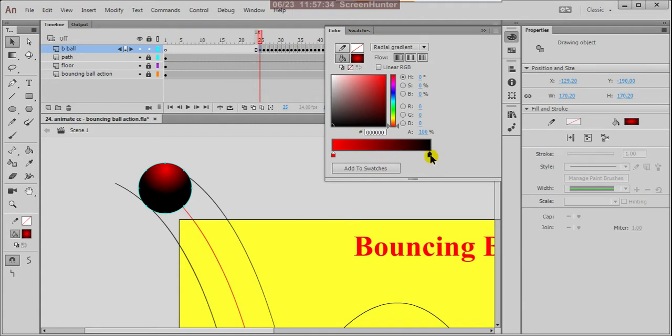So instead of this dead black, I'm giving this color. Yes, instead of this I'll give this color.